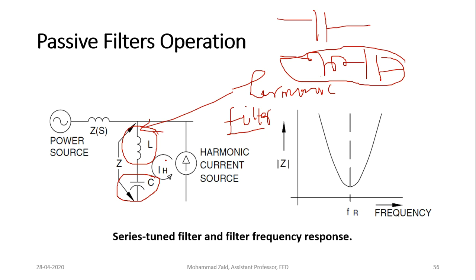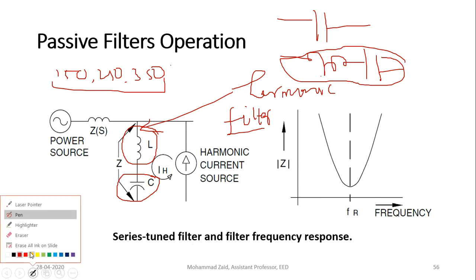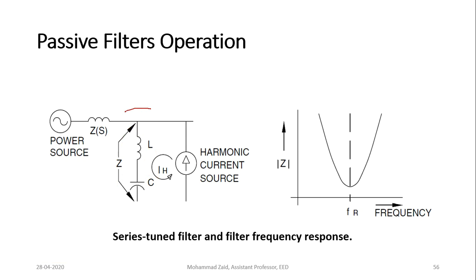That means it will have a frequency component greater than 50 hertz, an integral multiple of 50 or 60 hertz, if we are considering not interharmonic components but only harmonic components. That means if it is a harmonic current source, it may have 150 hertz or 250 hertz or 350 hertz components, if we are considering the predominant third, fifth and seventh harmonic.